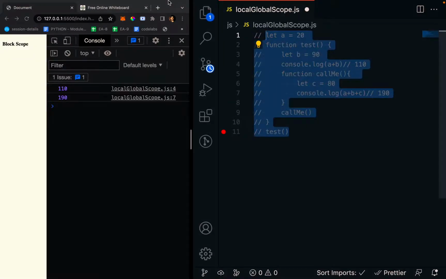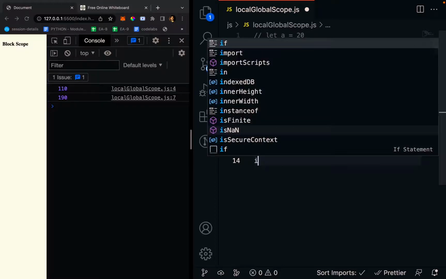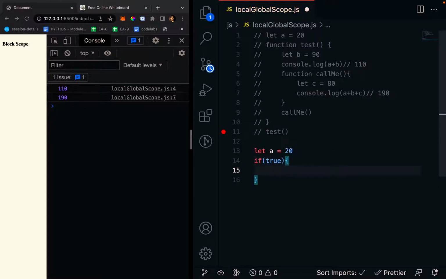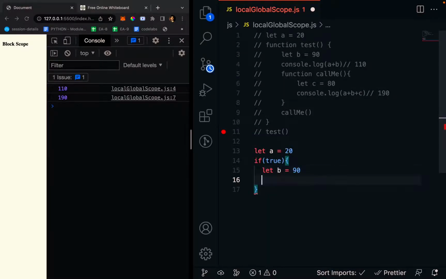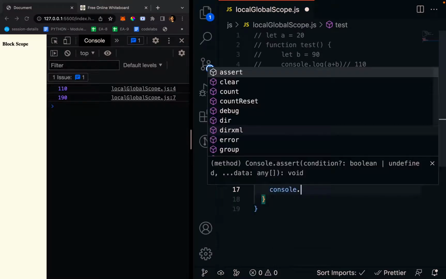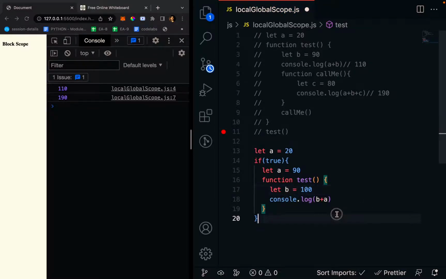Let me comment this code, and let's see another scenario where I'll declare a variable a with a value of 10, and if true, I'll declare a variable a, let b equal to 90, and then here I'll declare function test, and then here I'll log b plus a, okay, or this is also a, and then I'll create b with a value of 100, and then